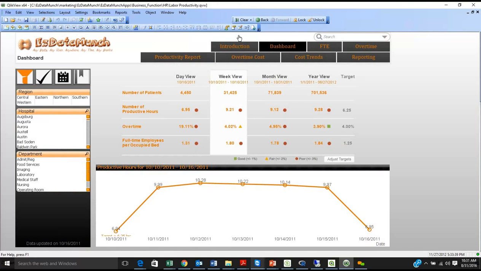So let's say you have on average an 8-hour schedule. You're looking at how many productive hours are really spent by your employees from that perspective. The target was 625, as you can see here, and the number of productive hours is actually much higher than that. Similarly, overtime, as you can see here, the target was 4% for this organization, whereas